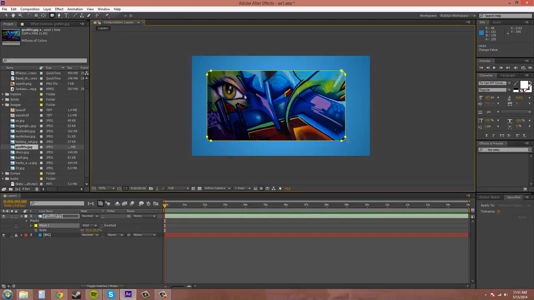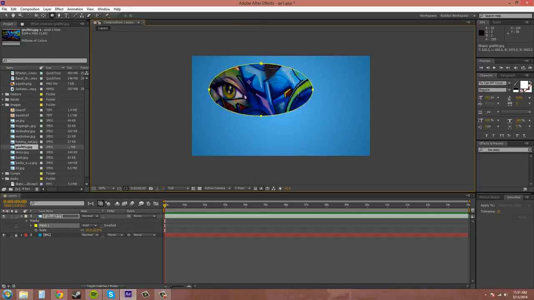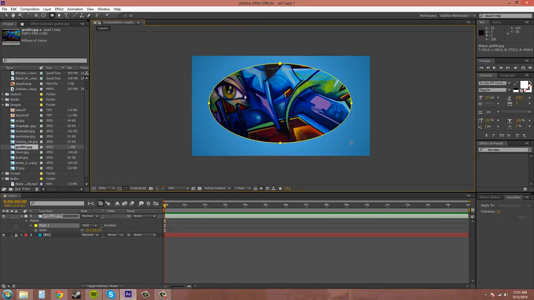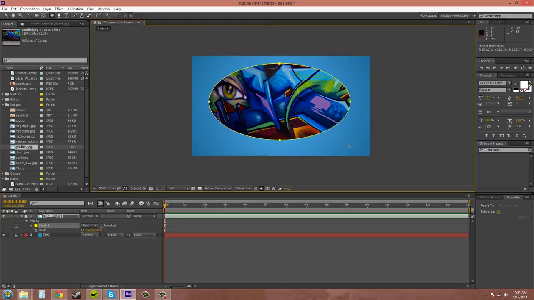Now press Ctrl Z and head on to the next one, which is the ellipse tool. The ellipse tool draws from the side out instead of the center. If you hold shift you'll get a circle, and that's pretty much it for the ellipse tool here. There's not anything special with that. So I'll hit Ctrl Z,